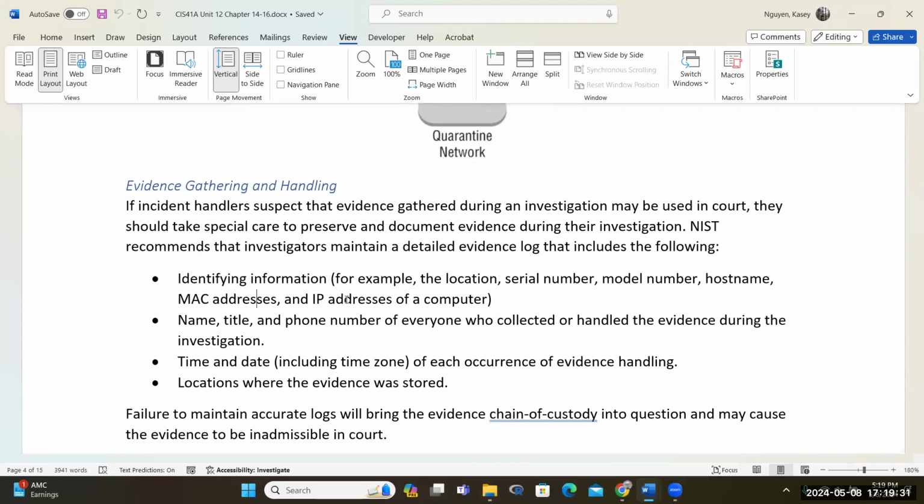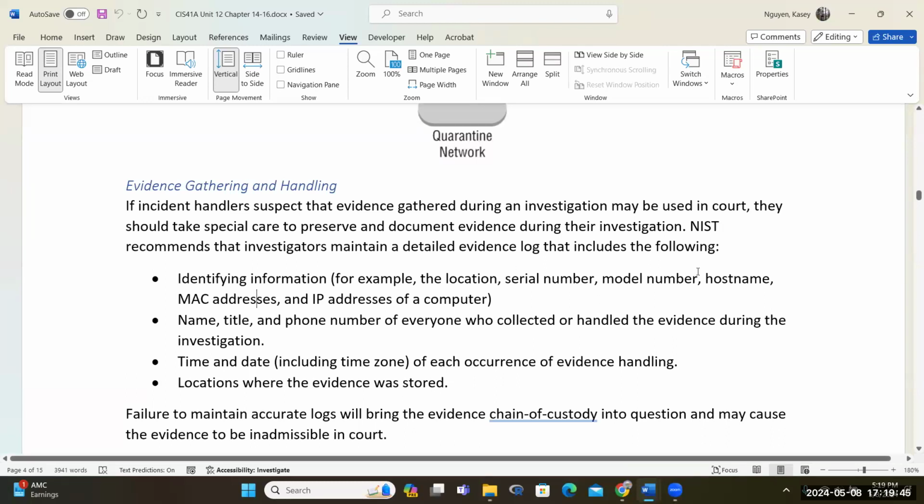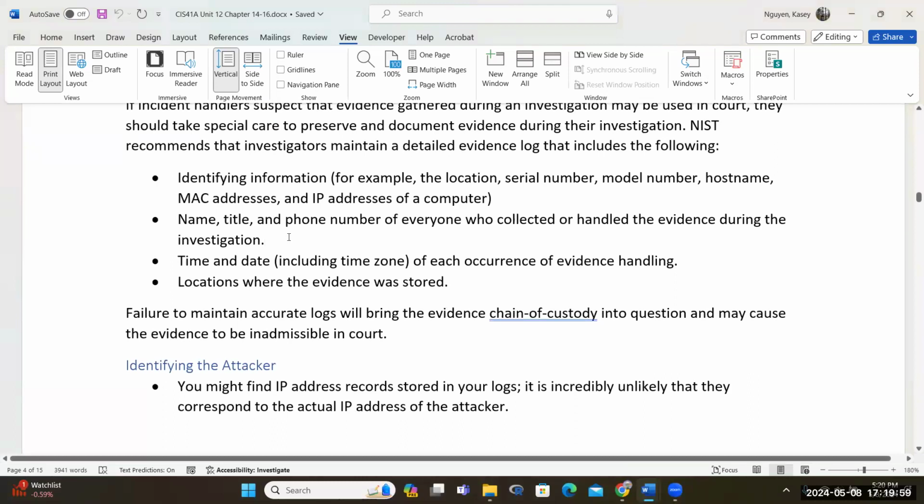So, drive model number, system model number, everything that relates to the identification of that system: serial number, host name, etc. So logical identification is your host name, your MAC address, your IP address, and then the physical identification of that system is the serial number and the model number. So make sure we record those. And then also the people, the users, that's very important. Your timestamp and your time of occurrence is always essential. So we want to make sure we capture that.